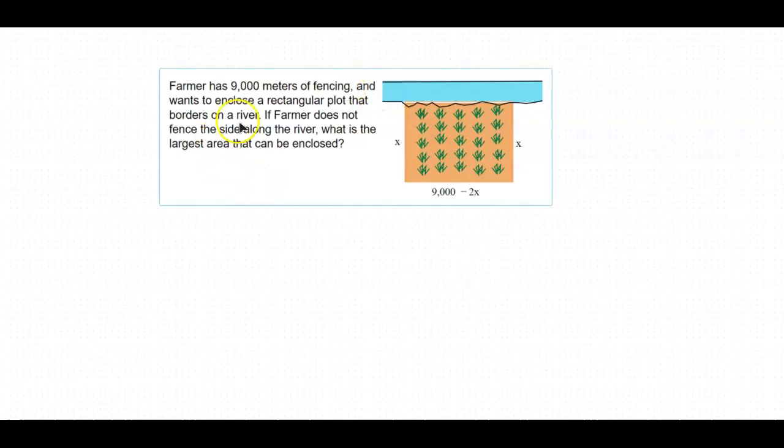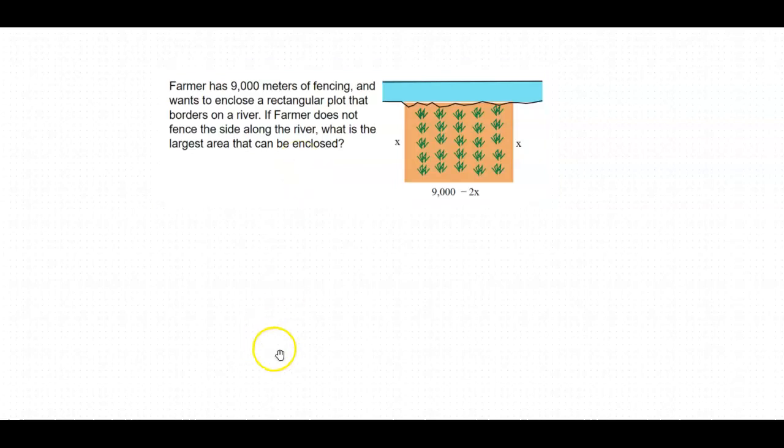And this is a maximization problem because we're trying to get the largest area that can be enclosed. So let's go ahead and start on this. It says a farmer has 9,000 meters of fencing and wants to enclose a rectangular plot that borders on a river. If the farmer does not fence the side along the river, what is the largest area that can